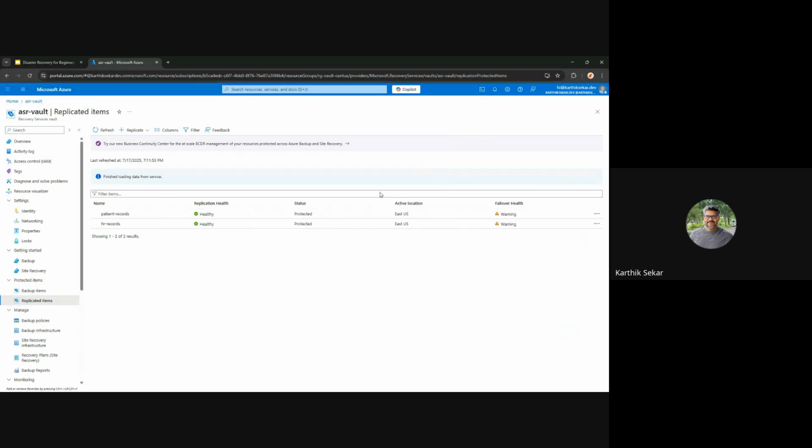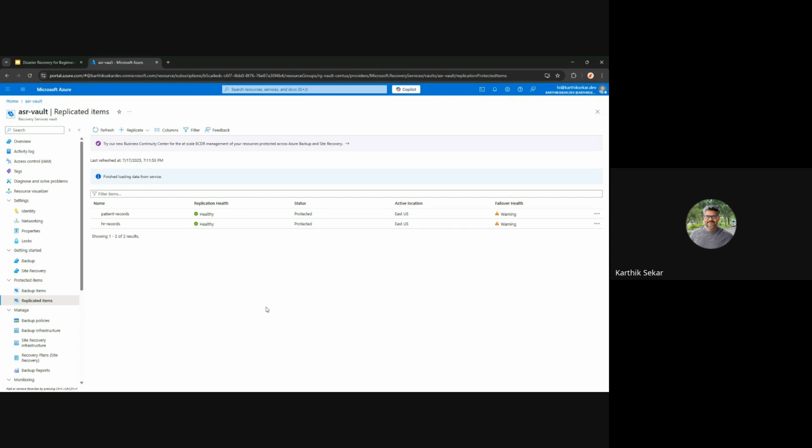Can you close the notification? Yeah, thanks. As Venkata said, there are 2 possibilities. One is planned and another one is unplanned. So planned means we can test whether the ASR is working fine or not. And the unplanned is basically a disaster. When there is a natural disaster, or it can be a human error, as we discussed in the earlier slides. So let's test it first, okay?